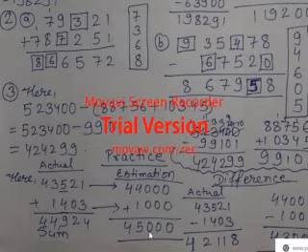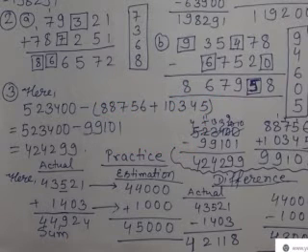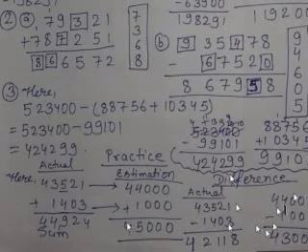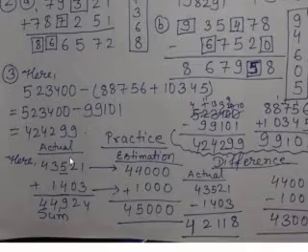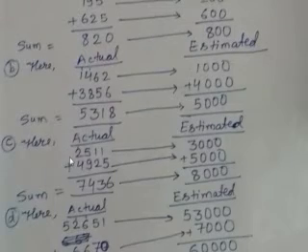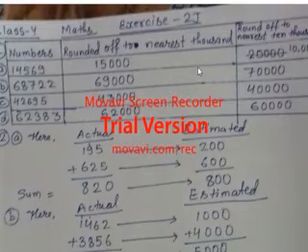You can see it is bigger. But I had said it is not always that the estimated sum will be bigger than the actual sum; sometimes it becomes less also. We will see this when I make the questions. Here is the estimated subtraction; I had not written the estimation, so you can write it also. The estimated subtraction is 43,000, which is of course greater than the actual subtraction. In real life our estimation should be greater, but scientifically it should be the same, as it has been given.